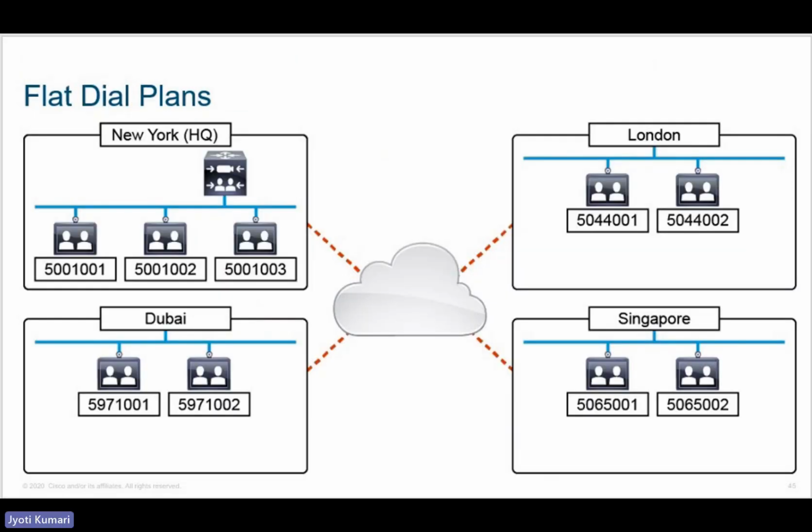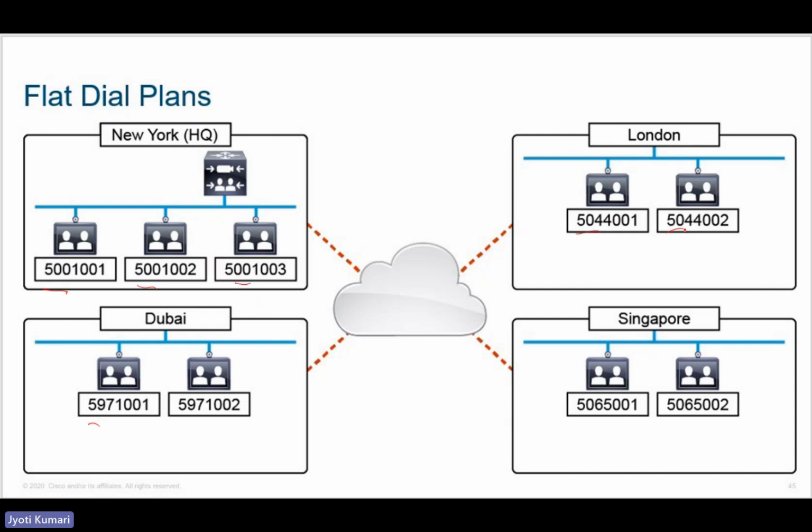Then about the dial plans. When looking at dial plans, you need to take into account the architecture of Expressway C servers. This is again from the design perspective: there is a centralized Expressway C architecture here with a flat dial plan. We have discussed the problems with the centralized deployment, but along with it, if there is a flat dial plan structure like here, we can see all